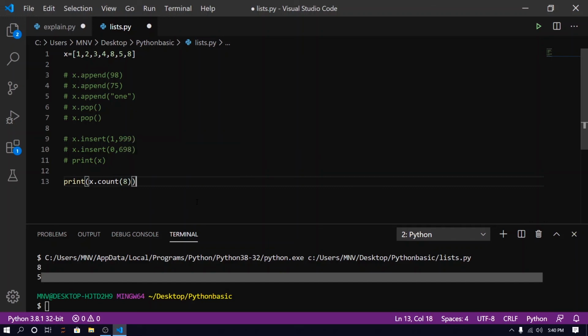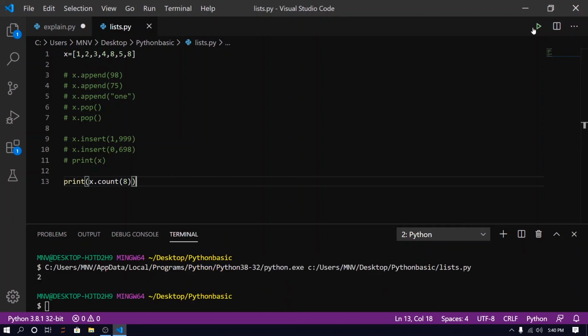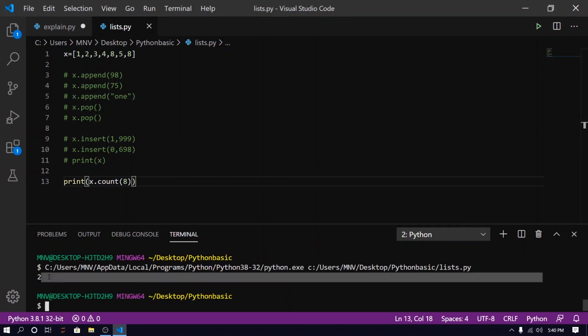So we want to know how many 8 elements are in our list. Now I am going to run this code. You can see it is saying that we have a total of 2 elements. This is our first, this is our second, so we have only 2 elements as 8. So that is our count method.